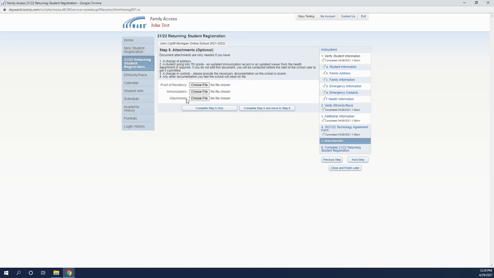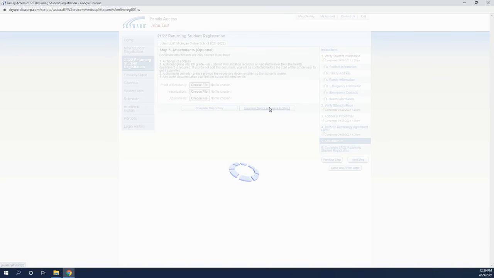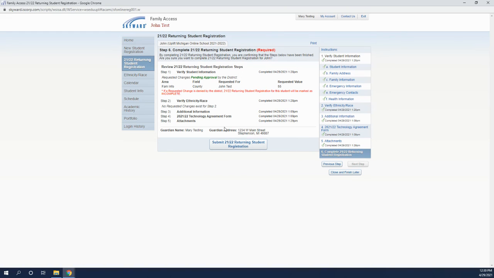Under the attachments section, please make sure to update anything. If no attachments are necessary for your family, you may click Complete Step here. And once you have gone through and verified everything, you are able to click Submit. And if I have any questions, I will